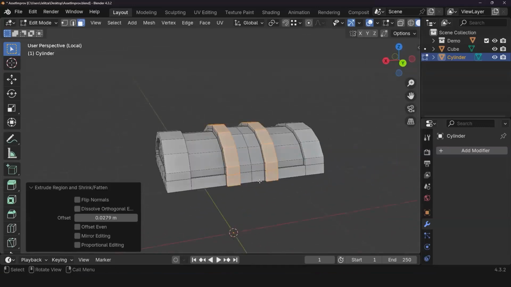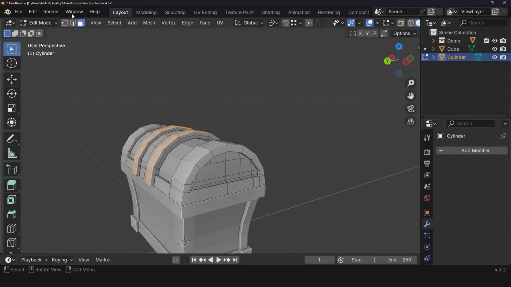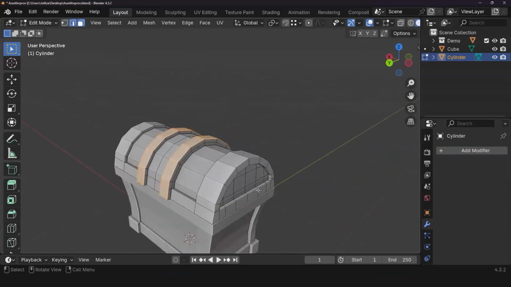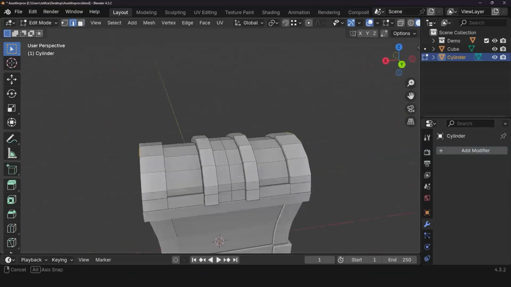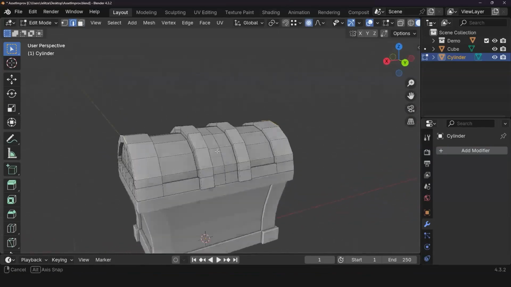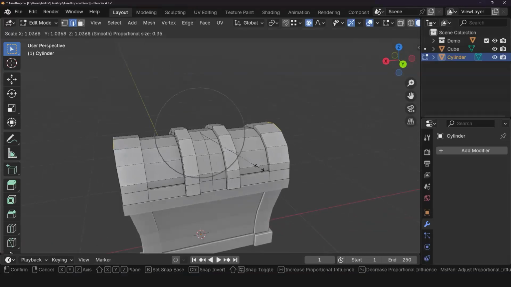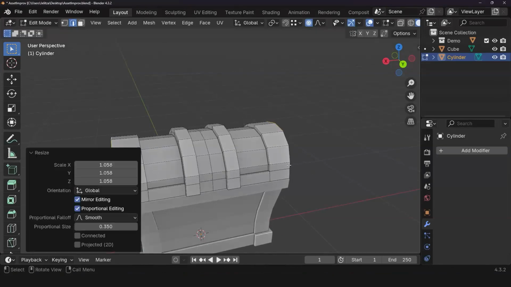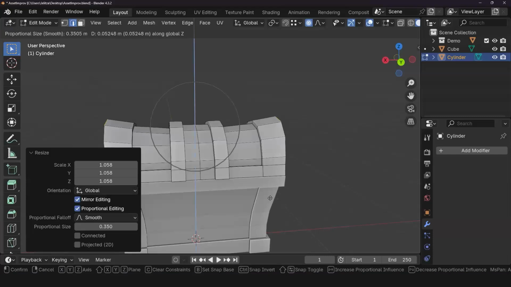I'm going to take these guys and let's see. I'm going to select these corners, give it a little more flair. So I'm going to do my proportional editing, of course, and then I'm going to press S to scale. And I'm going to bring that out. G, Z.